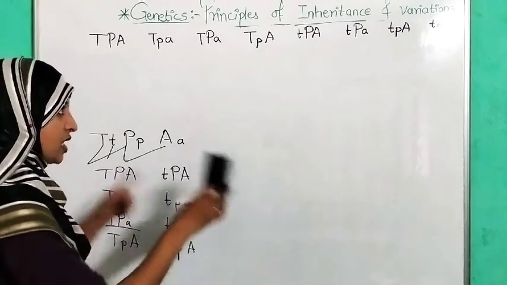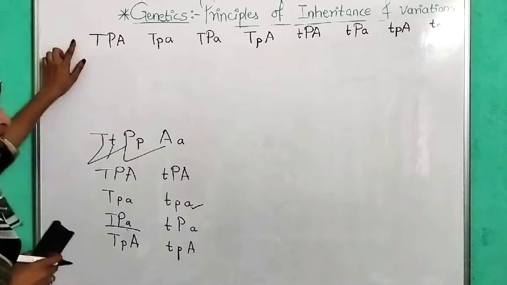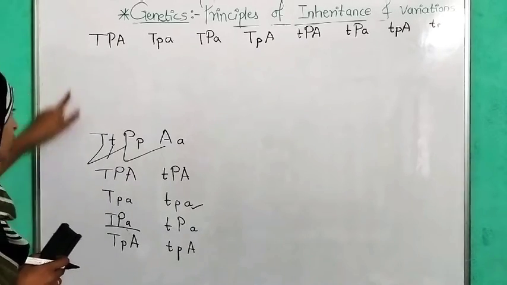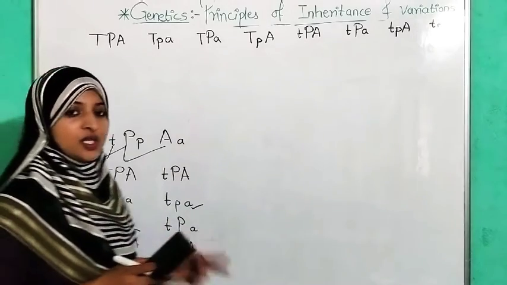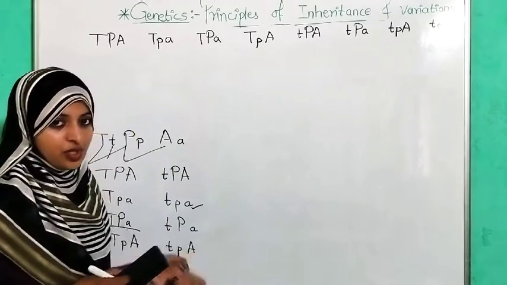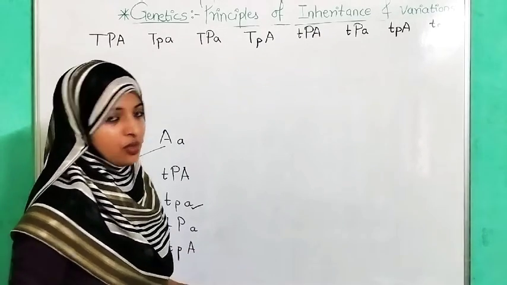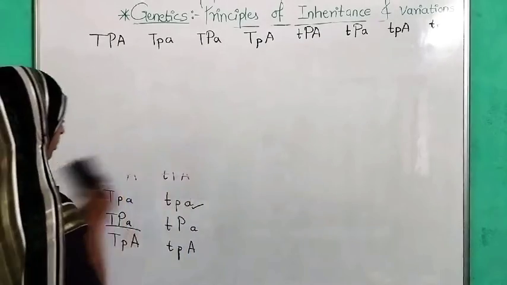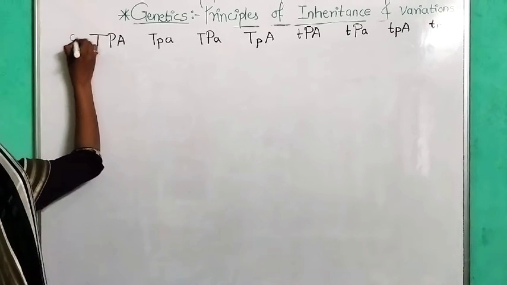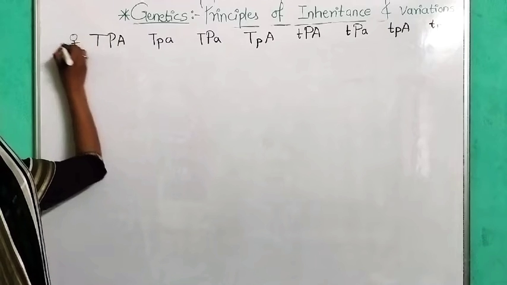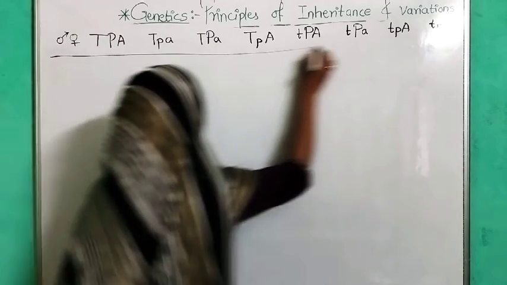Okay. Now the same colors we are going to write here for the male parent. Here we have written for the female parent. Now here we are going to write for the male parent, which means we are going to self the F1 generation. Selfing of the F1 generation gives us the F2 generation. So here we are going to self these parents. This is the female parent, and now we are going to cross with a male parent.